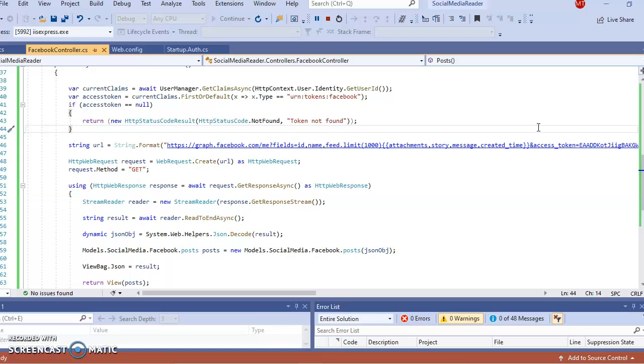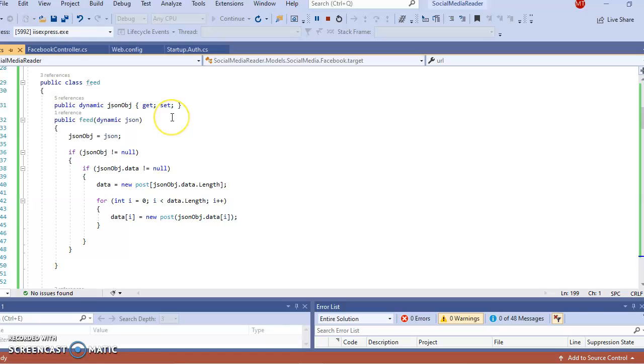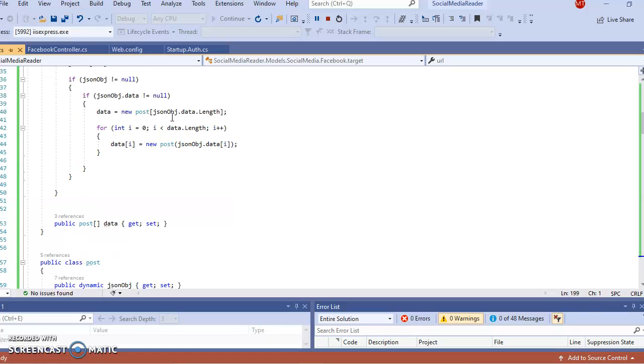After fetching the data, this content has to be displayed onto another page, or whatever content we are fetching has to be displayed. For that, we have another file, post.cs, which defines all the classes included in this project.